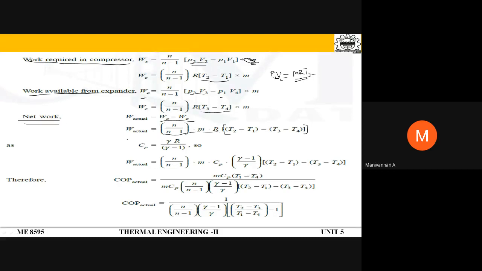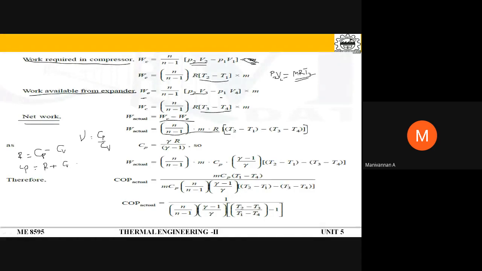So I can even replace this R with the specific heat. So you know R is your universal gas constant. I can write it R is nothing but Cp minus Cv. Universal gas constant, you can write it as Cp minus Cv. And if you substitute, I want Cp, so you bring this Cv to this side. Cp equal to R plus Cv. Then you put what is Cv? Gamma is nothing but Cp by Cv.